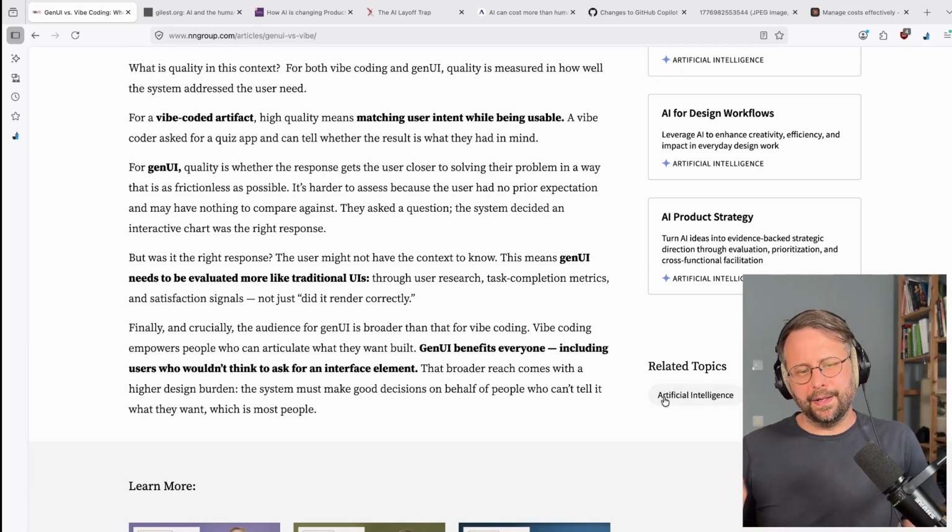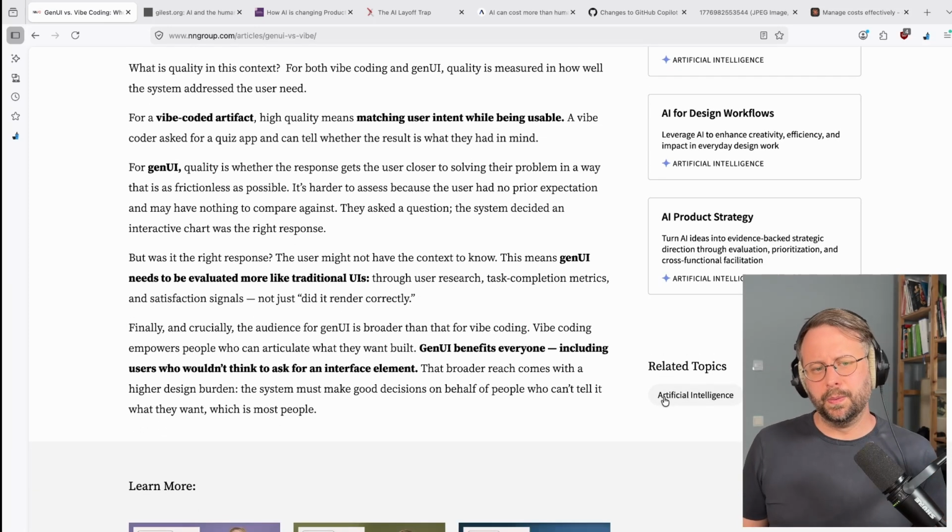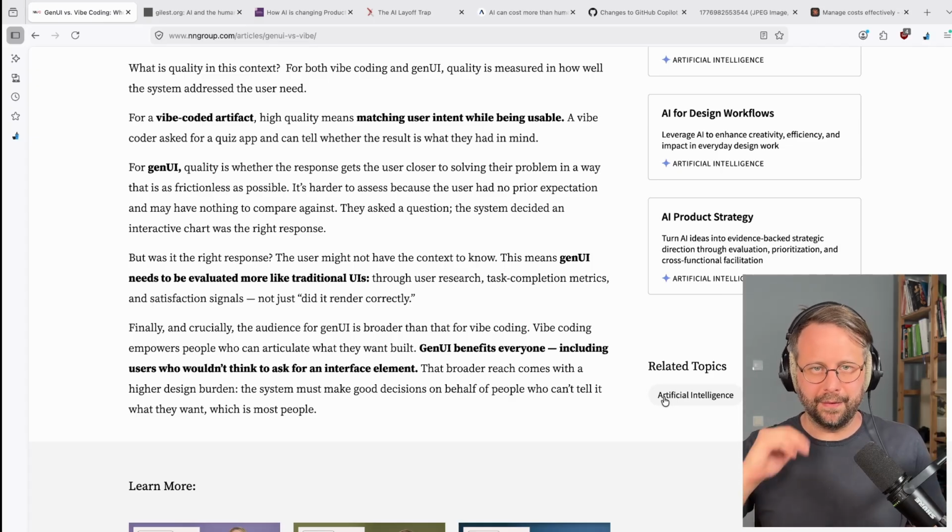I don't think I agree. How do you do that? How do you evaluate something like generative UI and hold it to the same standards as a completely controlled experience? You can't. You have to have that randomness and the weirdness be a feature of what you're building. Otherwise, generative UI probably isn't the correct methodology for building a product.